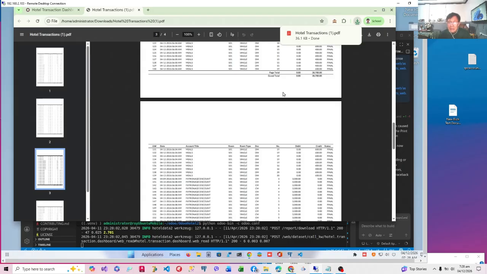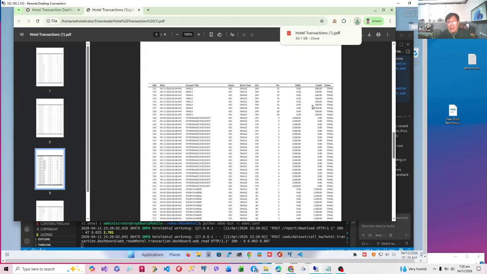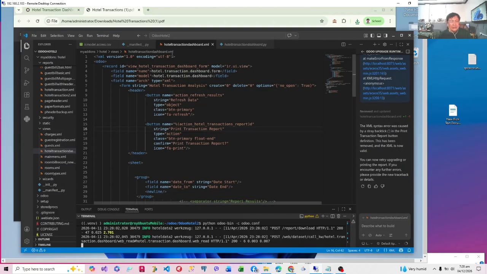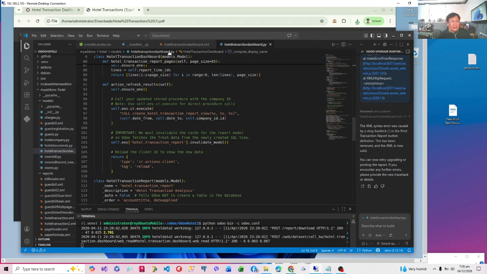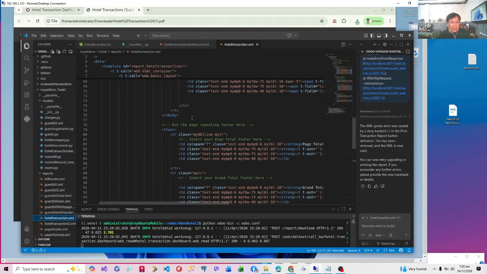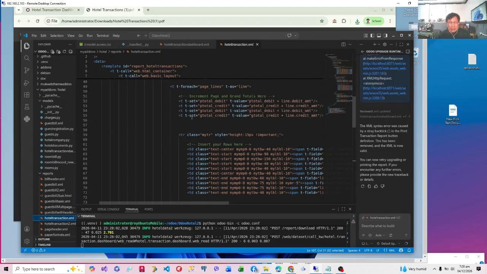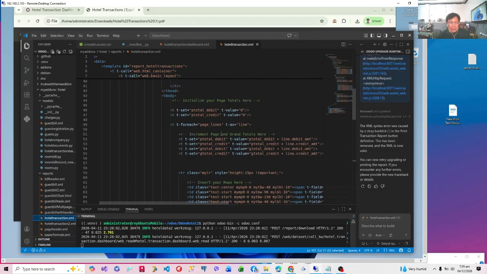I think we have reinitialized all our grand totals also. Look at that now, because the grand totals copy the page totals. So therefore we have to look up our code, find out what's wrong with our hotel transaction. Okay, because our grand total, insert your grand total here. Yes, we have. Did we increment the page total? We set to 0.